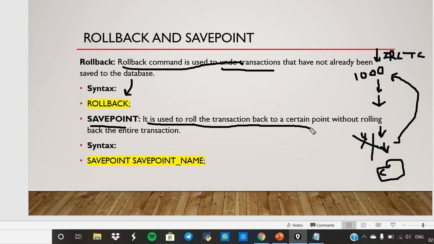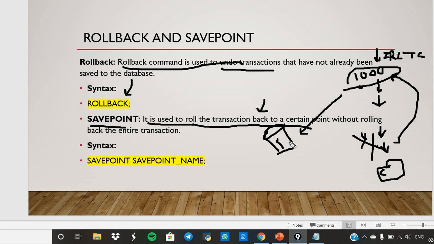A part of the transaction will be saved in a particular place. For example, this is the transaction I'm performing, and I want this 1000 to be stored in the save point, and later I want to commit it.